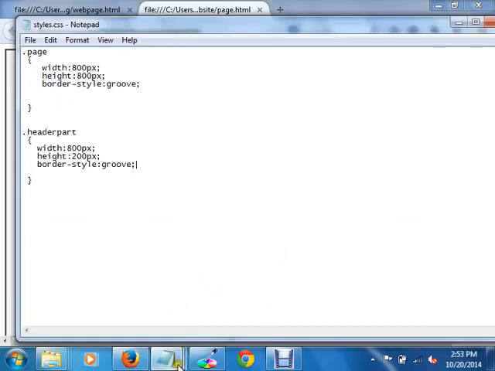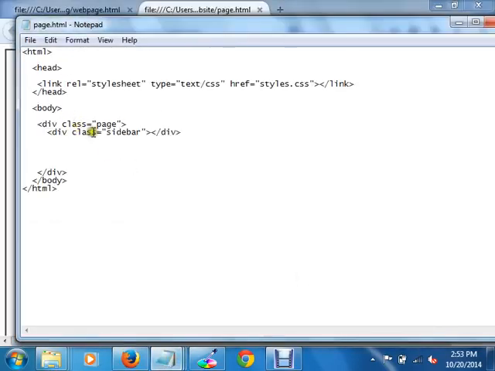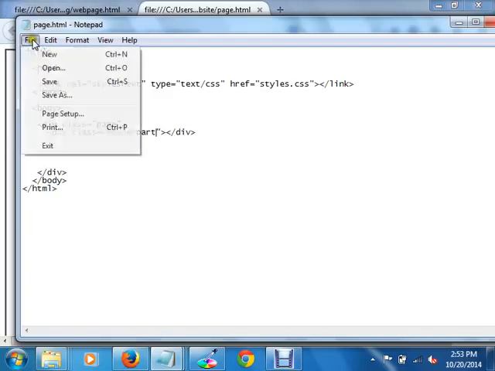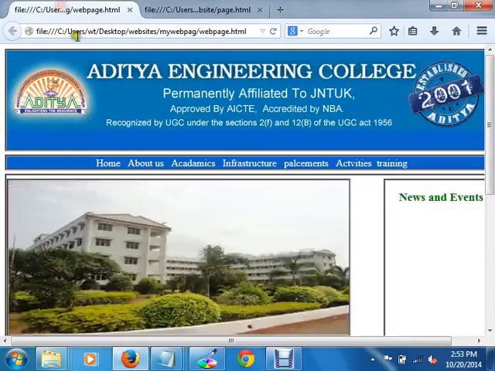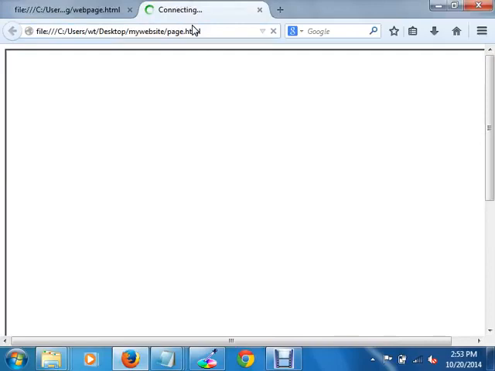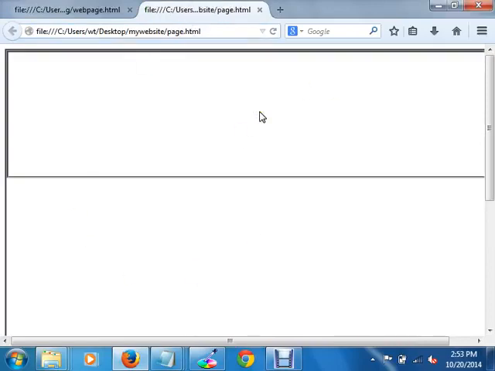Sorry, it is header part. So div class equals to header part. So the box is created.